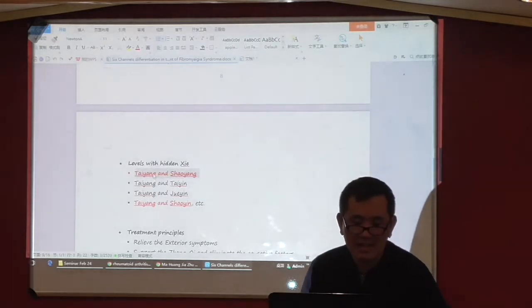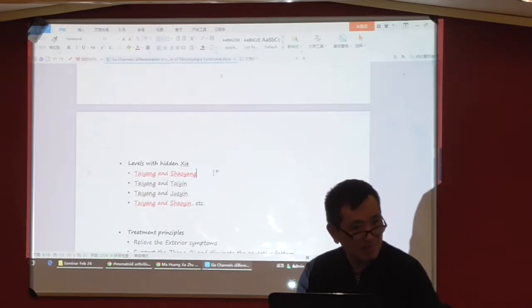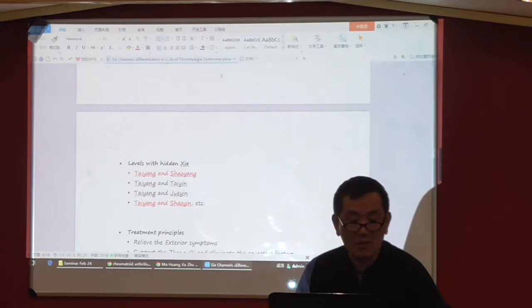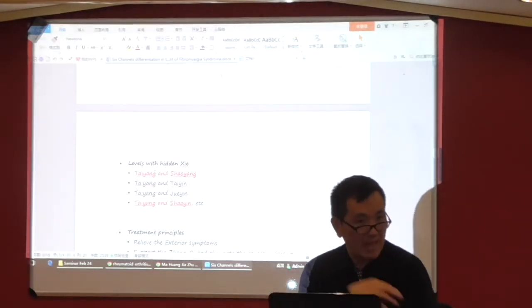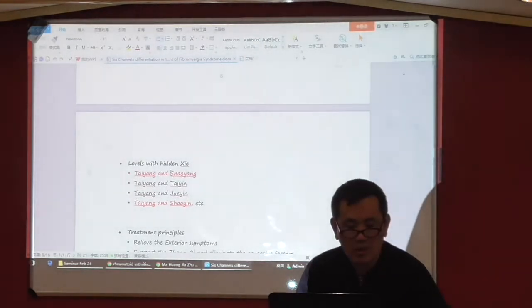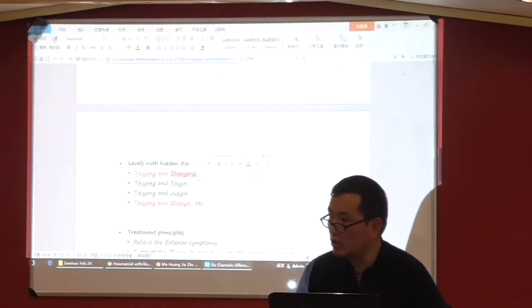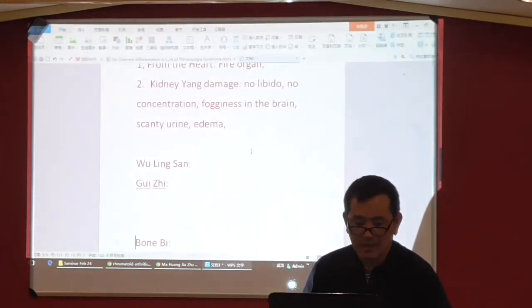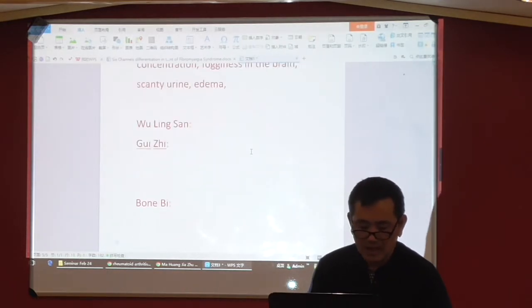First is Taiyang and Shaoyang. Not much, because it's still at the young level. Taiyang level, what's meaning? Muscle pain, headache, right? Shoulder pain, together with Shaoyang symptom. Do you still remember? That's alternative chills and cold, chills and warm. Okay. We look at the disease, then we immediately